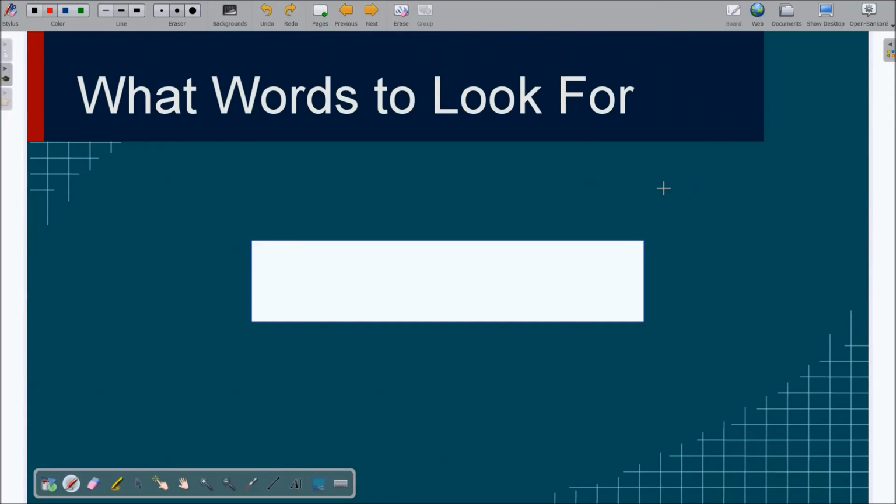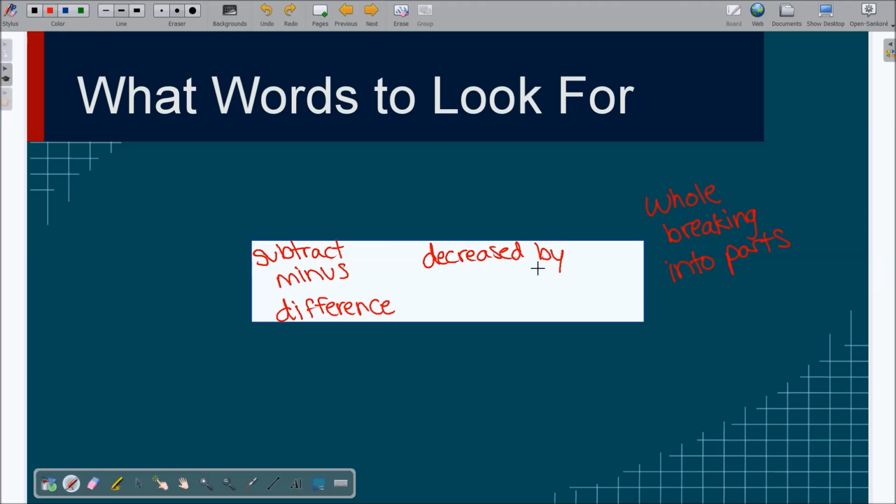First, understanding what subtraction is. Being the exact opposite of addition, that means we are taking some kind of a whole and we are breaking it up into parts, doing the process in the exact reverse. The key words that let us know that subtraction is the order of the day would be some obvious ones like subtract, or minus, or difference. And then we have other ones that we see sometimes, but not quite as obvious: decrease by, take away,